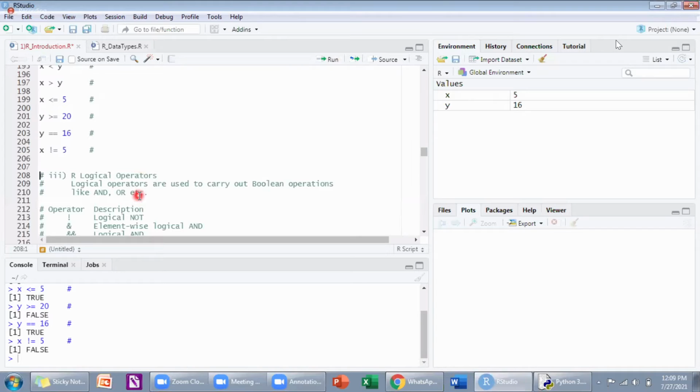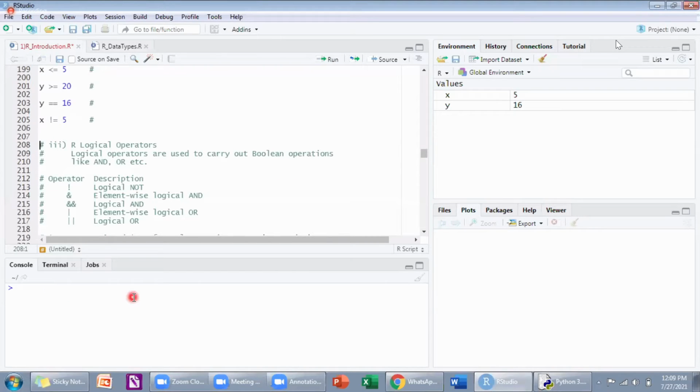Logical operators. Here there is a difference when compared to Python. I hope you know what AND is or not. Do you want me to explain?